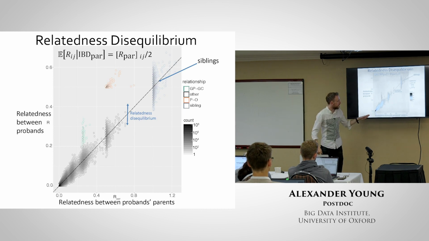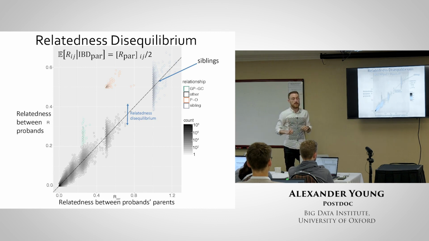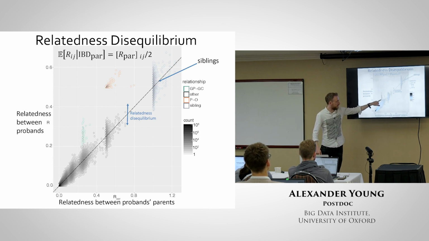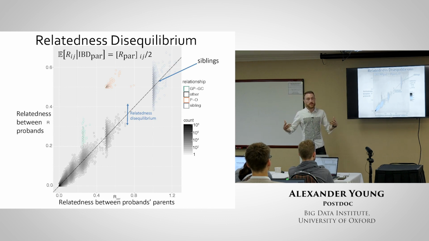It's the relatedness between the parents. This diagonal line gives the expected relatedness, and then this is the actual relatedness. So any deviations around this diagonal expectation line are generated by the random segregations in the parents. And those random segregations in the parents are independent of almost all environmental effects. That means that instead of just using the relationship between phenotypic similarity and relatedness, you instead use the relationship between phenotypic similarity and the deviations around the expected relatedness given the parents. One can then estimate heritability in a way that's robust to environmental effects.